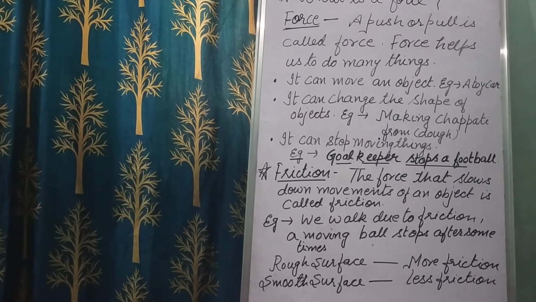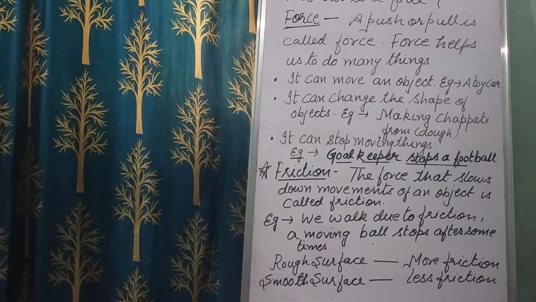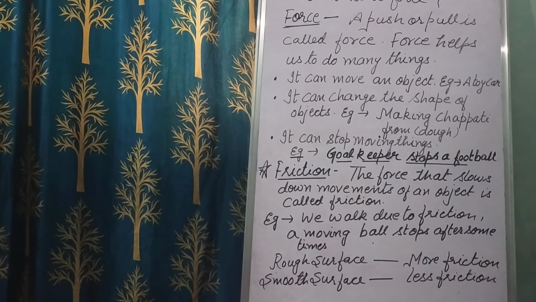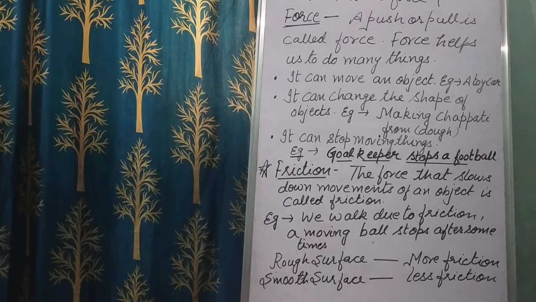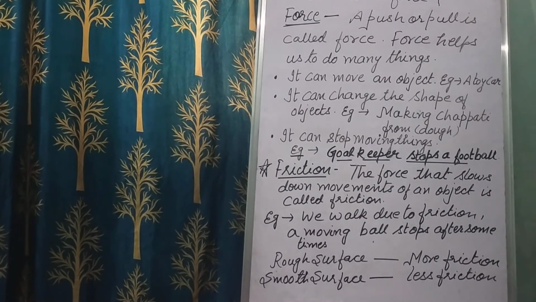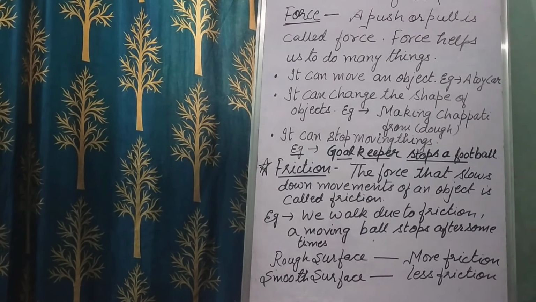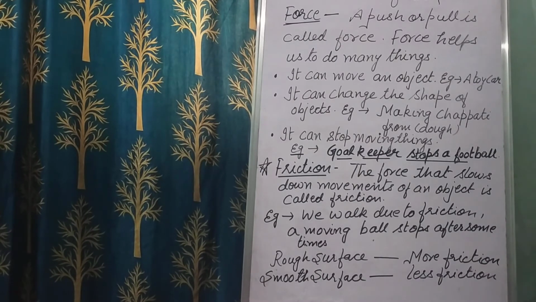When an object rubs against another, what will happen? When you rub your palms, heat is produced because of friction. So anytime two objects rub against each other, they cause friction. Clear? I hope friction is clear. So friction is the force that tries to stop the movement of an object across a surface. Friction always acts in the direction opposite to the direction of movement of an object. It can slow down the movement of an object or stop it from moving altogether. So this is friction.